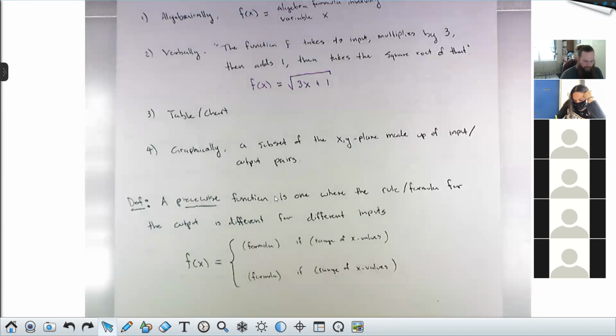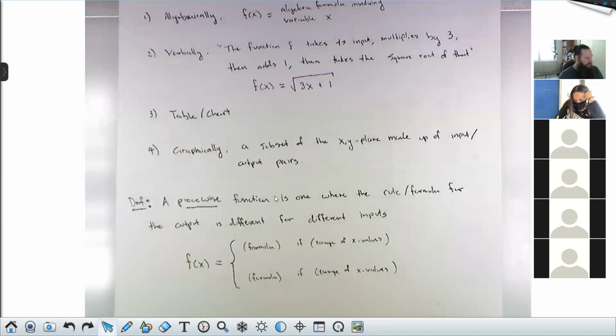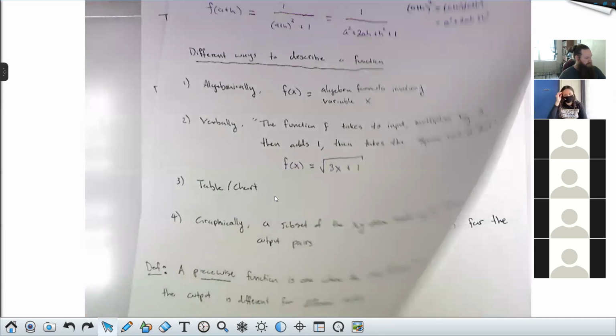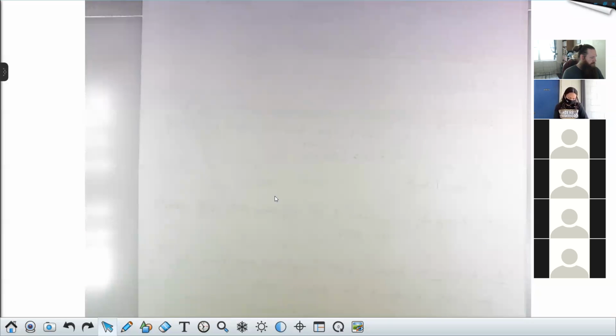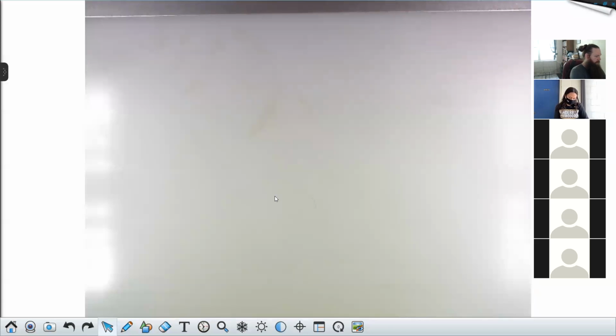One of my favorite functions for kind of learning about piecewise functions is one that you guys encountered in your last homework set. So in your last homework set,